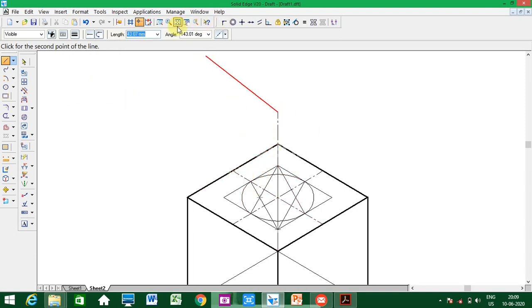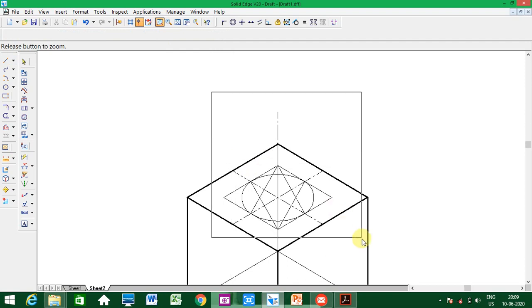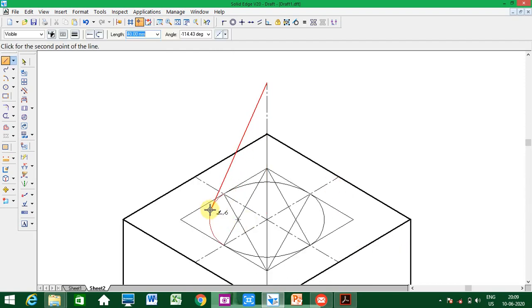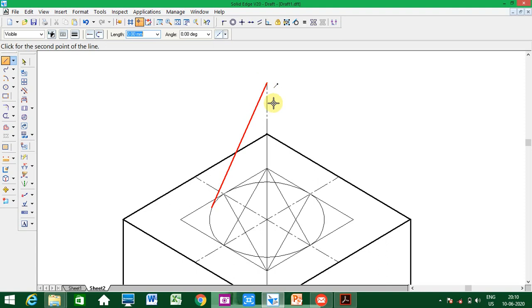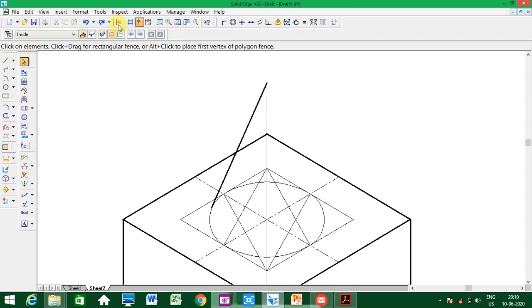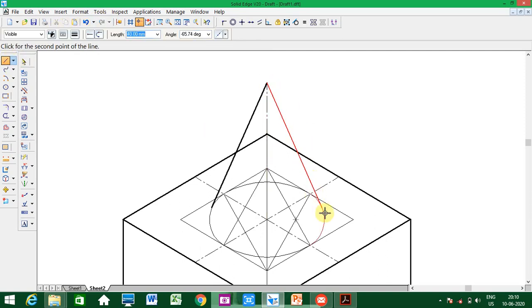I'll show this. You have to draw a tangent. Can you see the tangent symbol at the side of the cursor? Draw tangent to this one. Don't draw to the two center points here. Usually students will draw in this way, manually or on the computer, up to the center point here, so that the outside arc is seen. That is wrong. That's why from the apex point you draw tangent to this one, and tangent to this one. Correct? You have drawn it.